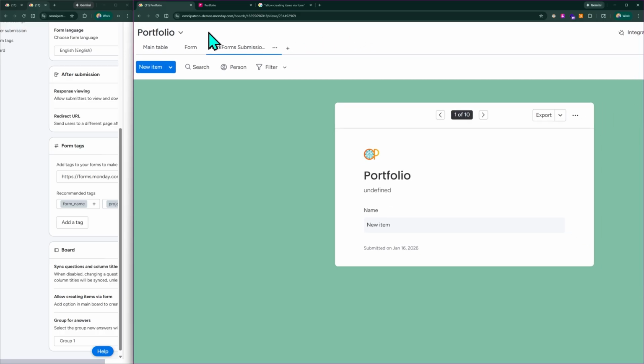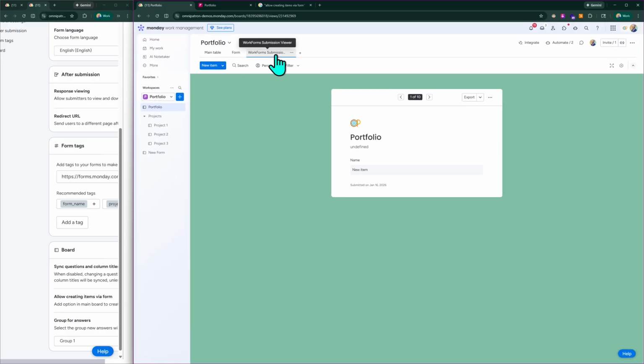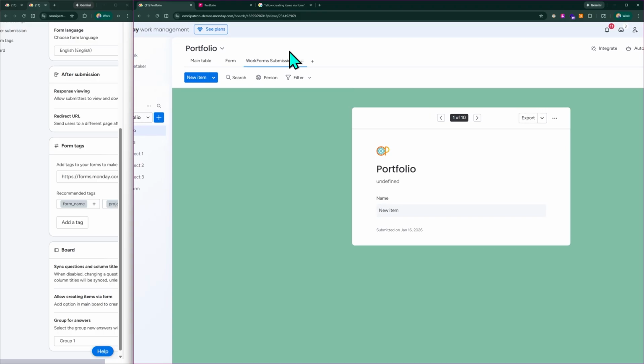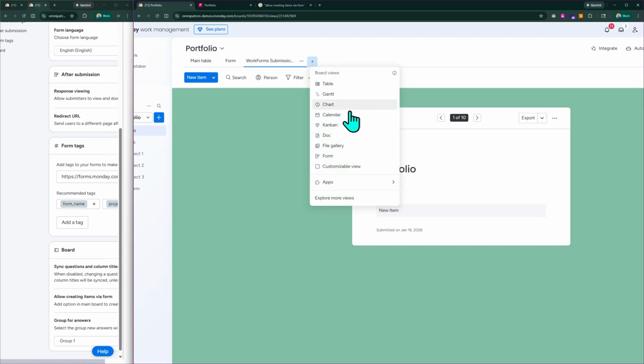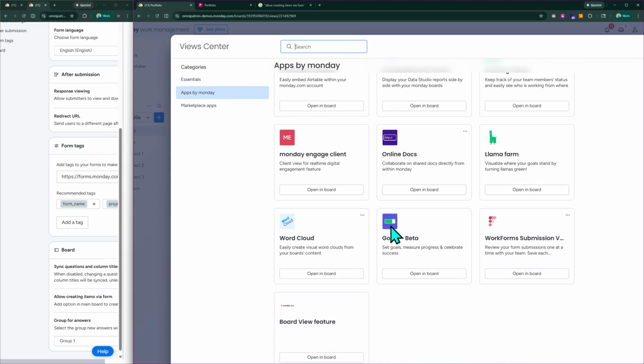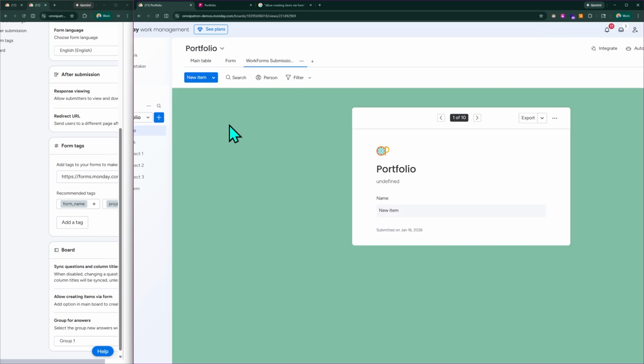As we could see, if we added the form, we have to separately add that app, quote unquote app. It's actually a view. It's not really an app per se, it's just another view we're adding. But we have to go into the explore more views in order to see and add that option, and it would be down here on the right. Whereas if we